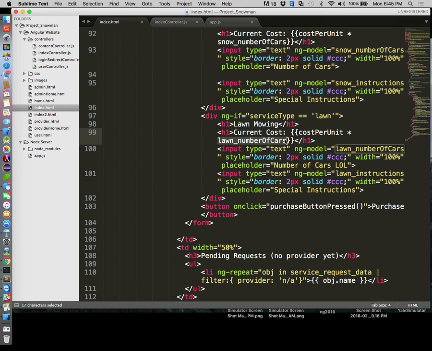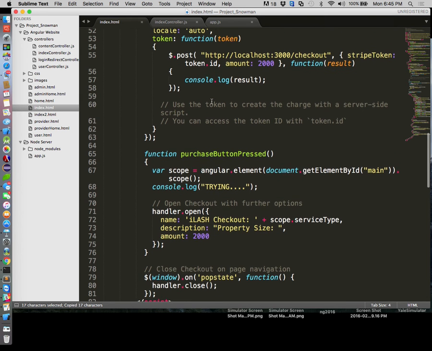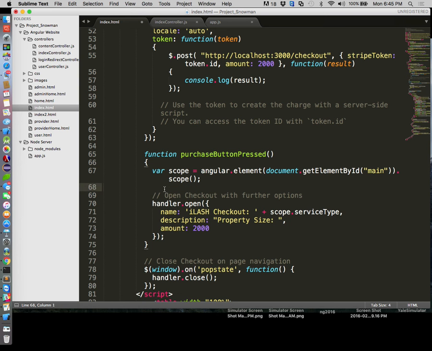Oh, but we can, yeah, we can handle that, because now, since we have access to the scope, we can ask the questions. So we have lawn and snow number of cars. Let's go back into our code here. So we'll go ahead and get rid of that trying for now. We'll ask